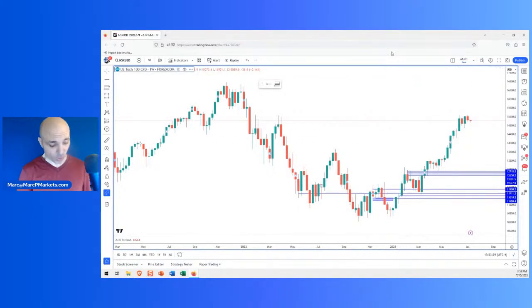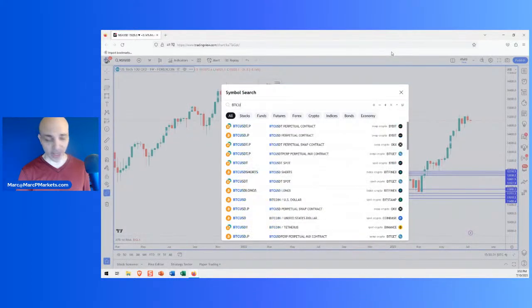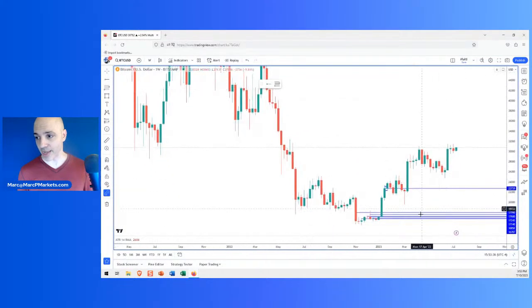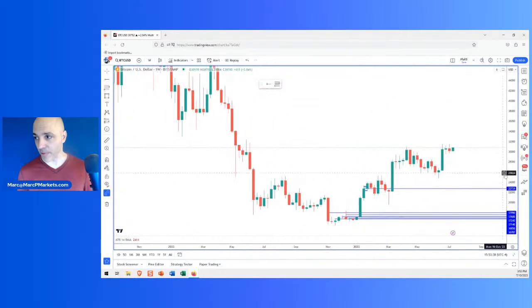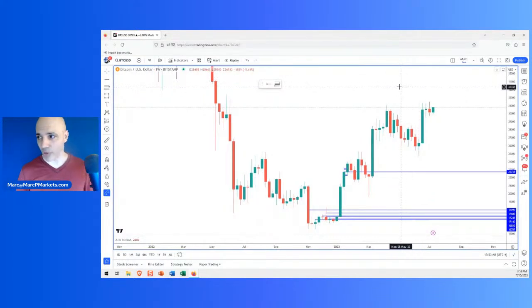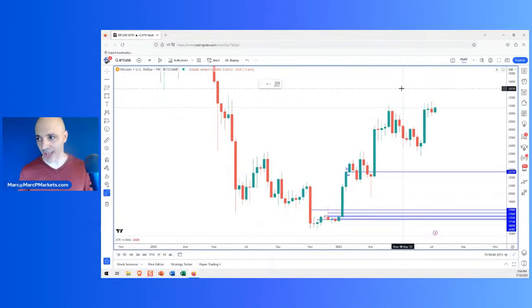Now, Bitcoin at times can start doing its own thing. So I wouldn't rely on that relationship, especially when there are things like the SEC suing people and all that kind of drama going on. Gensler resigned, or he was going to, I don't even know if that's true. I don't get caught up in that drama. The point is, Bitcoin can move around on a lot of that stuff, and the NASDAQ relationship is not really a one-to-one thing. So always keep that in mind. The relationship can change. So that answers that question.